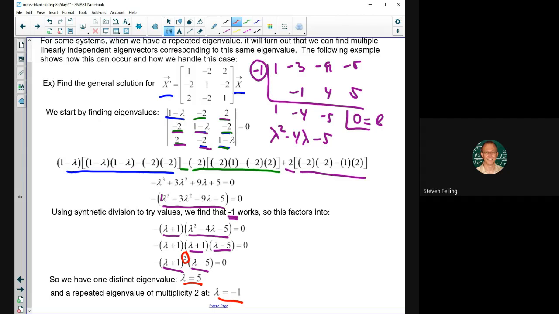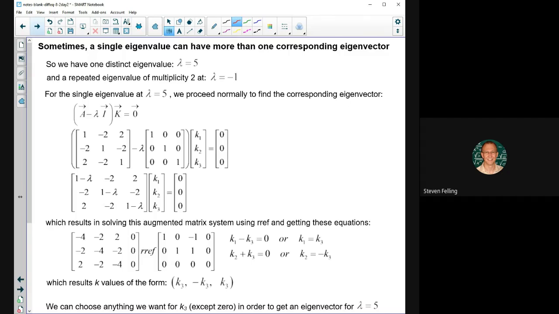Okay, so maybe first we could just go ahead and work with the one that does work, lambda is 5, and just review the procedure to find the corresponding eigenvector, right? We would go ahead and say 1 minus, and we'll plug in a 5 for these lambdas here, and we'll get -4, -4, -4 on the main diagonals. And when we fill in all of that with the 0 on the right-hand side, we get this matrix,